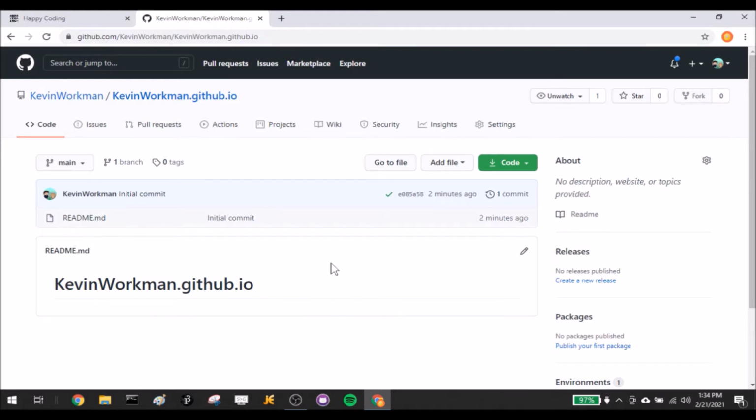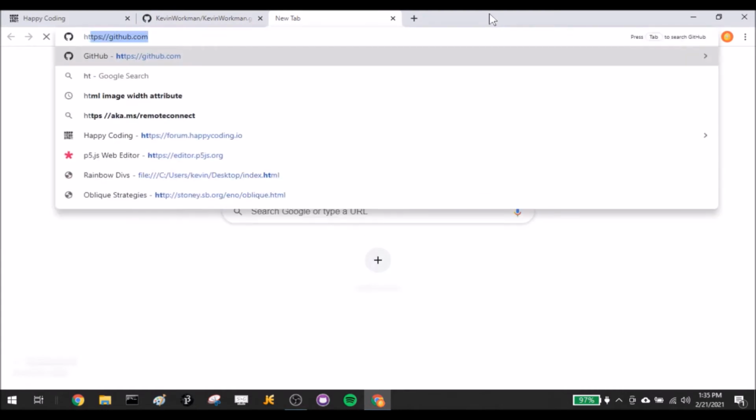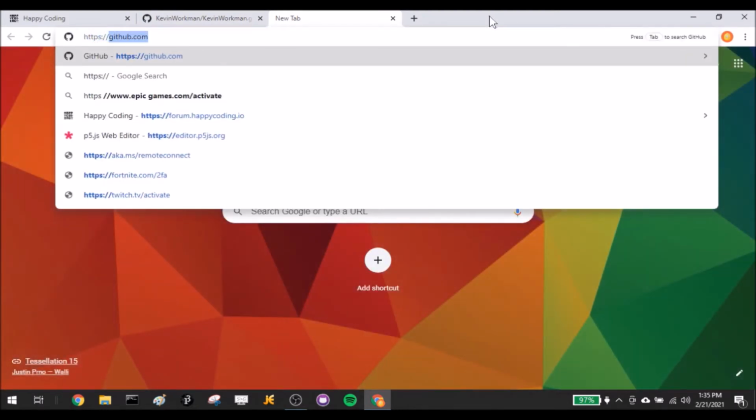And all right, let's see. So the sort of magic of this is that the way GitHub Pages works is behind the scenes, GitHub deploys these files. Right now I only have one file, readme.md. It deploys those files to this URL, kevinworkman.github.io. So if I come over here and I type that in,